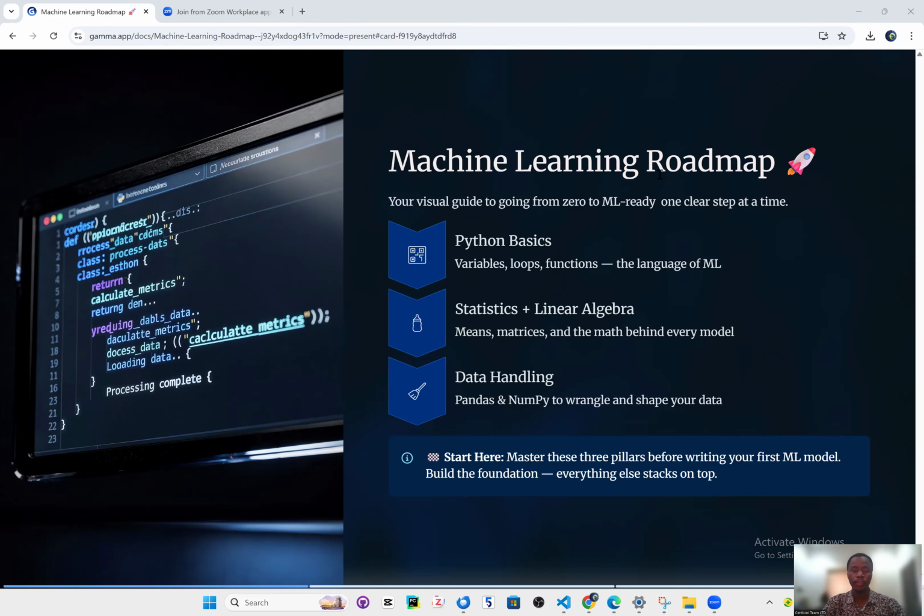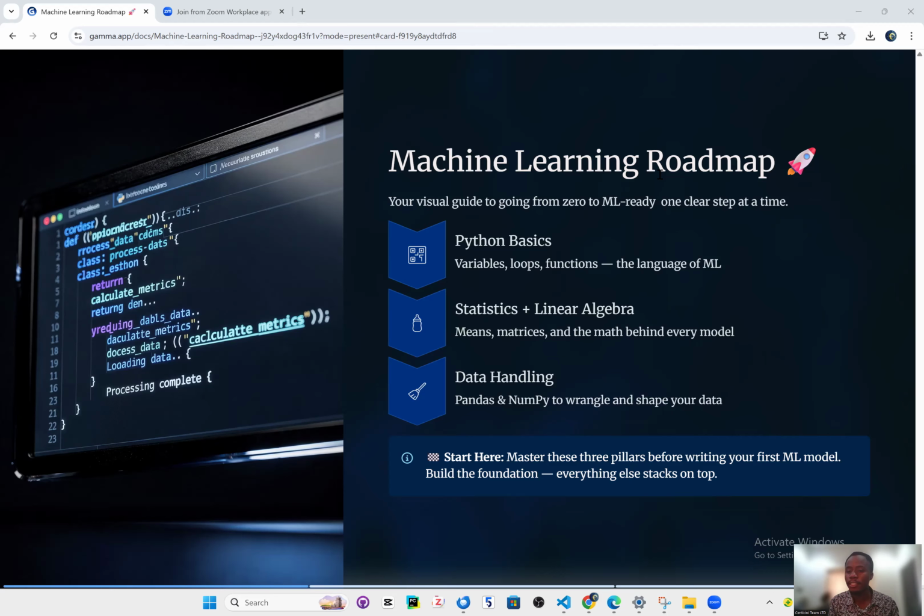that support machine learning. So the next part of your roadmap is what we call statistics and linear algebra. Once you've familiarized yourself with the basics of Python, maybe it could take you 4 to 8 weeks to get familiar with Python, at least the basics. Then you need to delve into what we call statistics and linear algebra. And if you look at this course, you'll find out that we've also provided insights on how to get started with linear algebra. It's all embedded in this course.